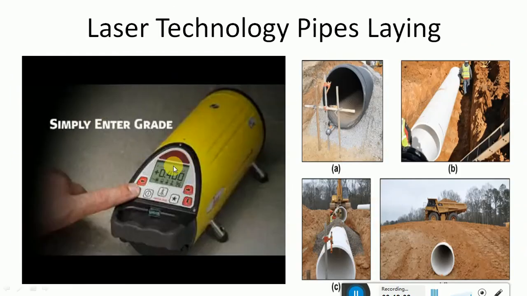And see, we just have to enter the grade, and a laser is attached here after the laying of the pipe. As you can see, the person at the other end is working, and in the laser we have to enter the grade, that is, the gradient which is to be maintained, and that will give the accurate measurement. Based on that, these people will lower or raise the pipe and decide the gradient by doing proper backfilling, and we will finish the job using this laser technique, and it also works faster with accurate results.